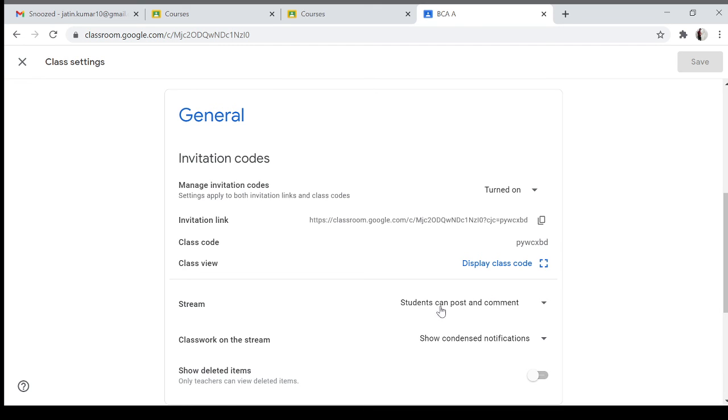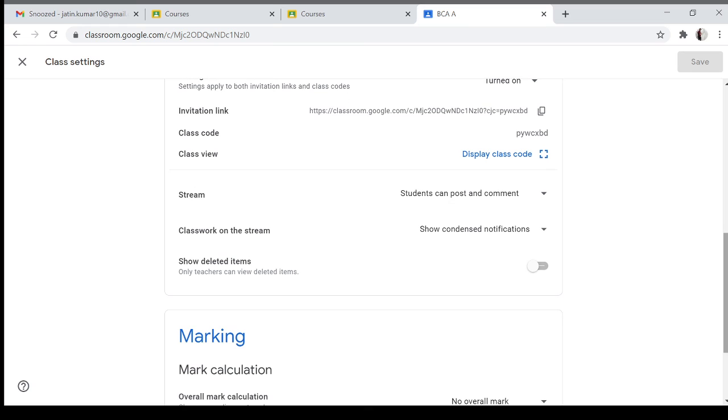Now students can post and comment, so you can manage it according to yourself. If they can only comment, that can be ticked, or if they want to post something, that can also be managed. Okay, according to our convenience we can make it. Now, Deleted Items: when you tap this, the items will be shown to you.